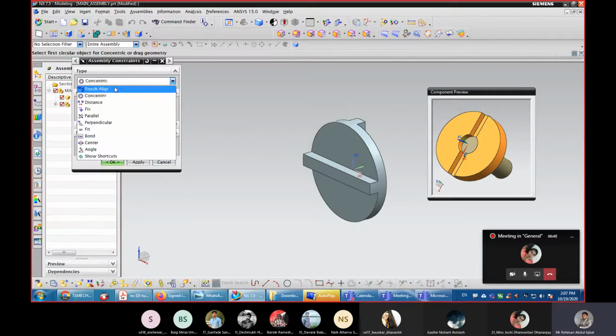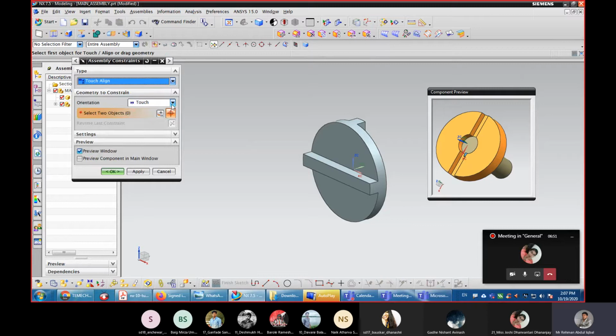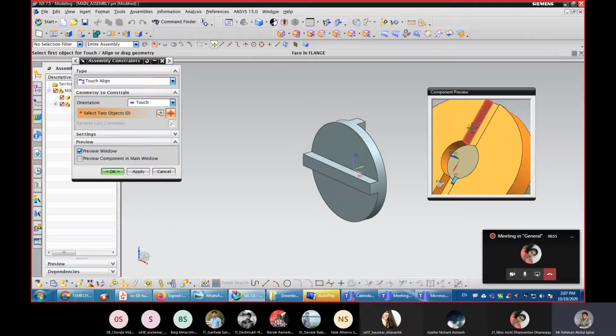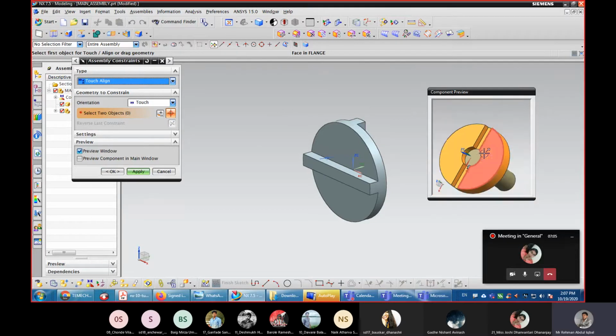And here, touch align, touch. Select this face and this face. Click apply. We need one more constraint, that is, we need to match this outer curve to this one.